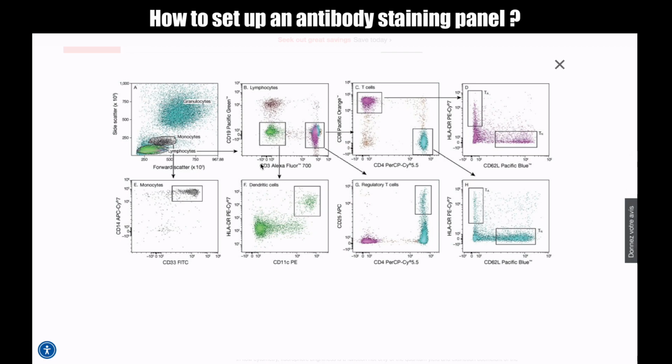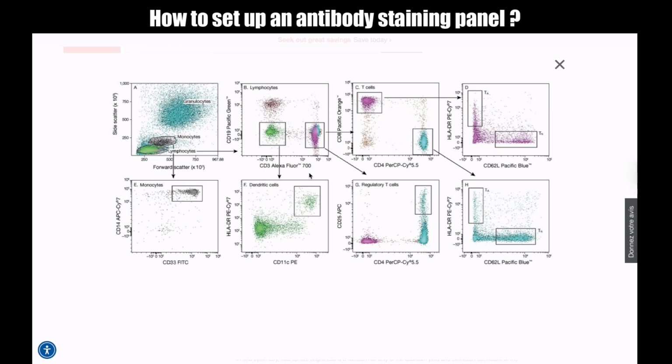And they use different fluorochromes, right? So in total these are 10 fluorochromes. Now I'm not going to discuss this panel, but it's just to say that they used 10 fluorochromes.